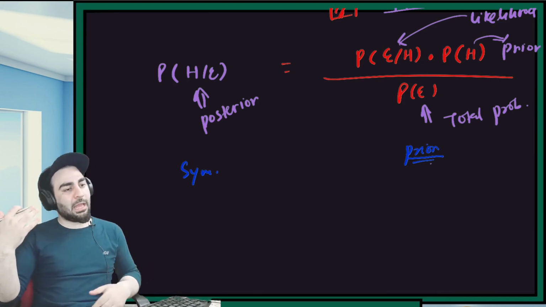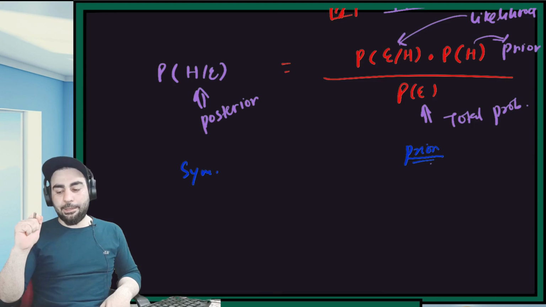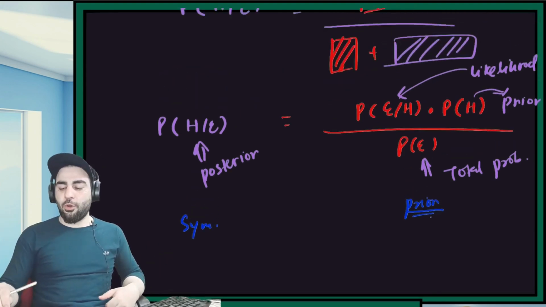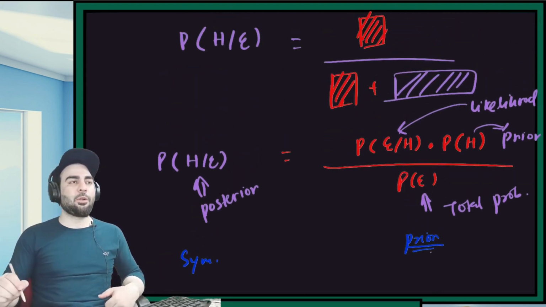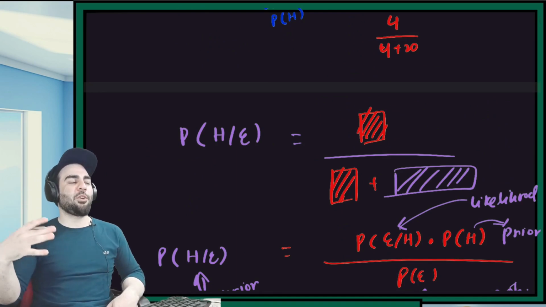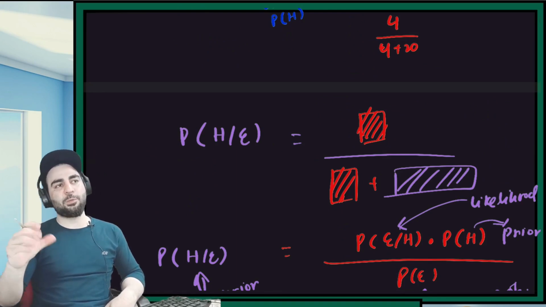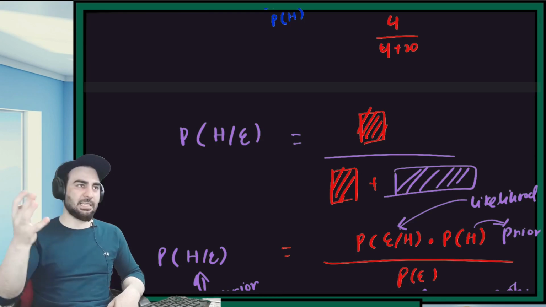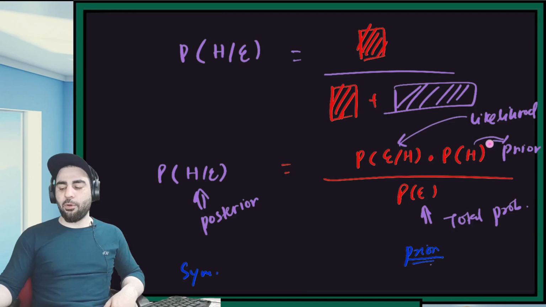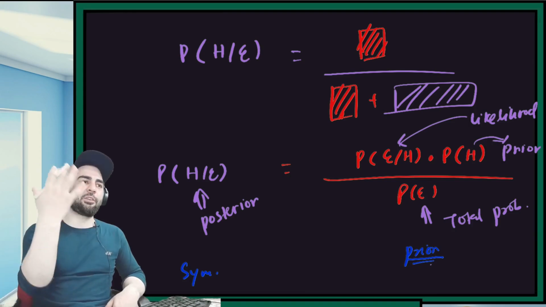And one more caveat here is that let's say you got the test done and it comes out to be positive and you had no symptoms. After that, you compute the probability, and it came out to be 0.3. If you do the test again and it comes out positive again, you will see that this probability will shoot up. This probability will say that there is a huge probability that you have the disease. I think it touched 90 or something. You can do it on your own. Now you can take your prior to be, let's suppose, 95, and then you can see how much the probability will